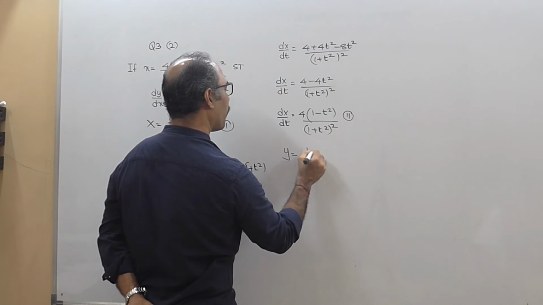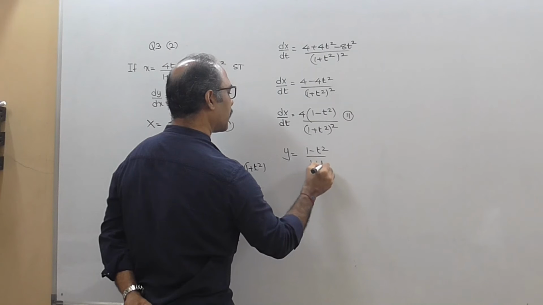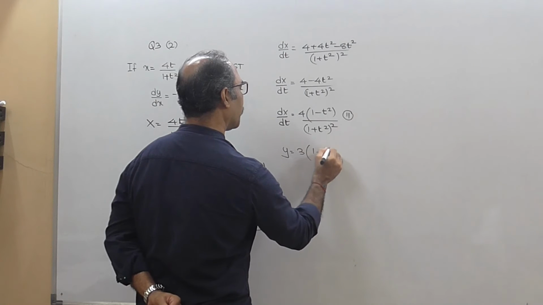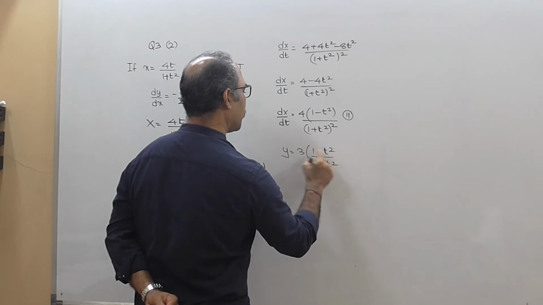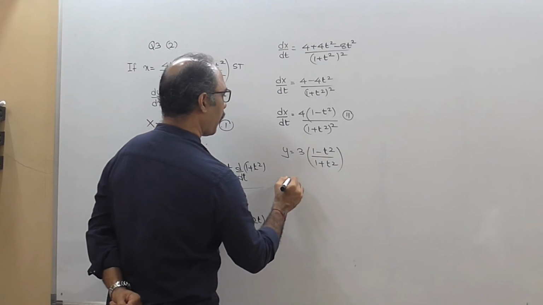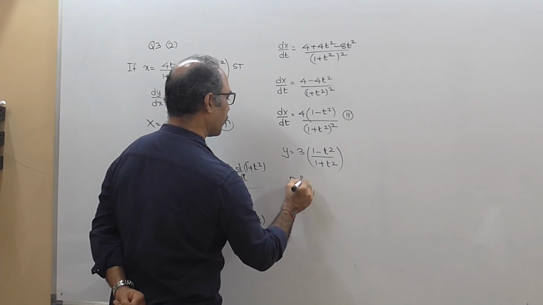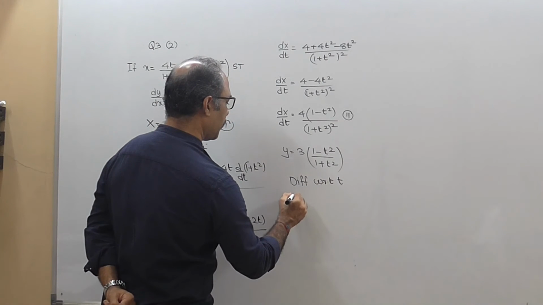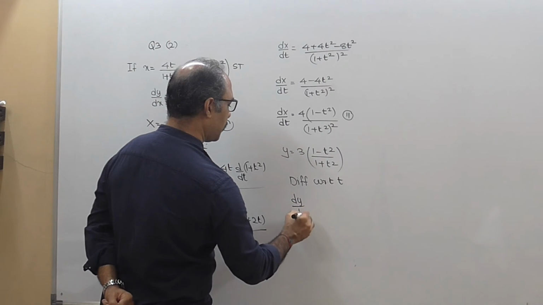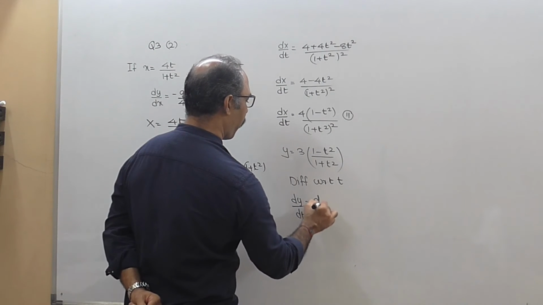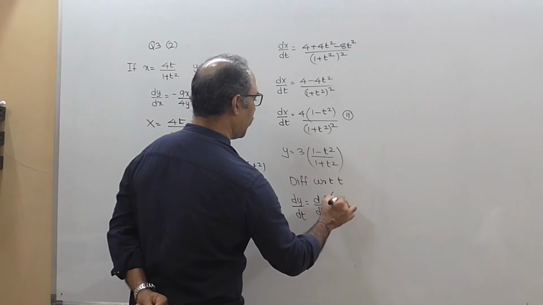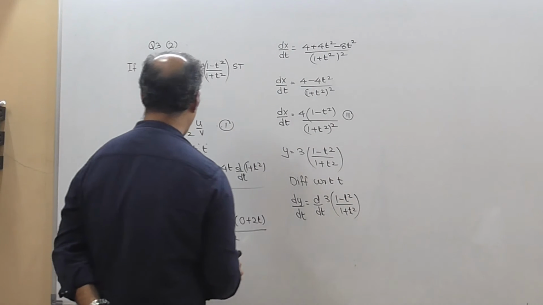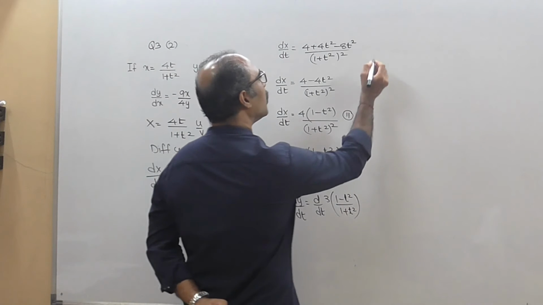Y equal to 3 inside the bracket, 1 minus t square upon 1 plus t square. Differentiate with respect to t. dy by dt equal to d by dt of 3 times 1 minus t square upon 1 plus t square. So we get